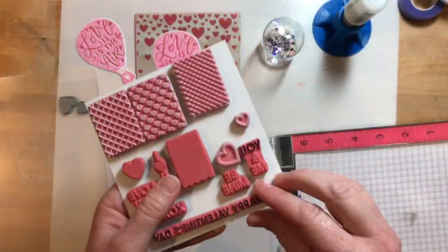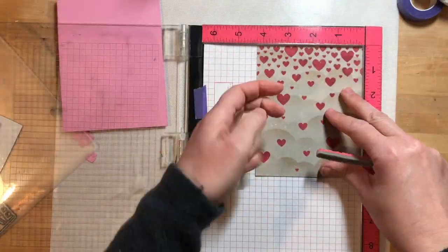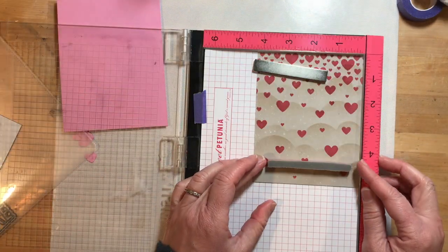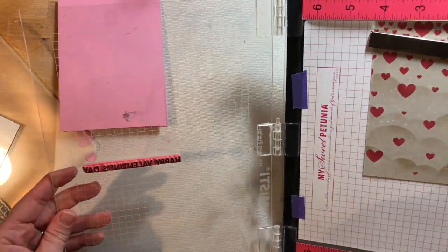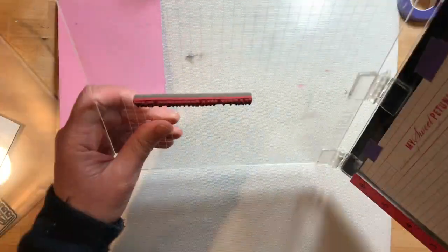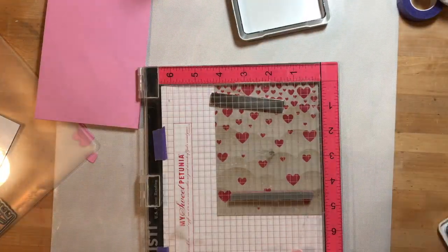I chose the Happy Valentine's Day sentiment from the Banner Year Love set to stamp across the bottom of my background on my card. I'll take my background and set it in my MISTI, line up the sentiment where I would like it to go on my background. I'll close the lid of the MISTI to pick up the stamp and just make sure everything is looking straight. I'll ink up the stamp with black ink and then stamp it onto my project by closing the lid of